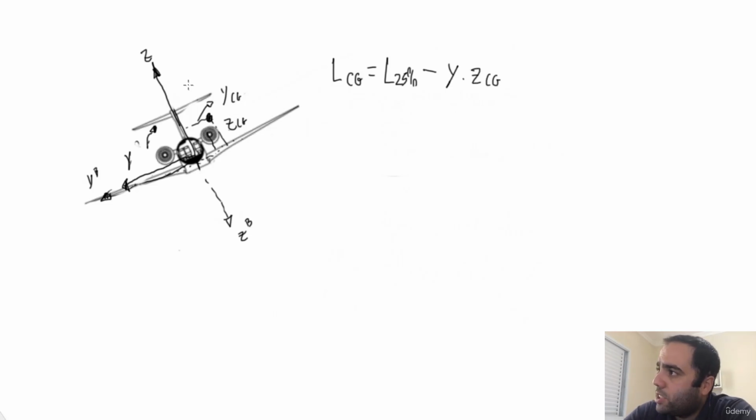And now the Z force will also tend to generate a negative rolling moment. But the force that's generating this negative rolling moment is also a negative force because it's pointed in the opposite side of the positive Z body axis. So it's a negative force times the lever arm here. So the final equation is going to be